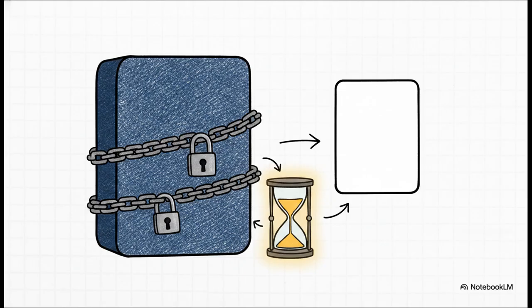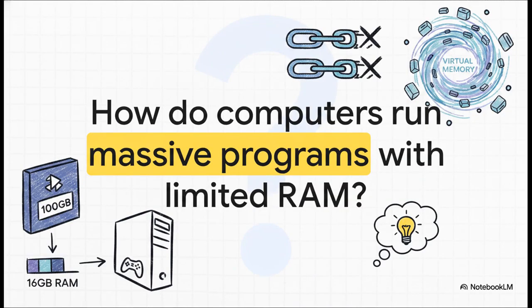These 3 rules severely restricted the maximum size of any software. A program could simply never be larger than the biggest single partition of available main memory, which leaves us with a totally fascinating puzzle to end on. If these foundational systems rigidly dictate that you can only run programs smaller than your total RAM, how does your modern computer or gaming console play a massive 100-gigabyte video game when you only have 16 gigabytes of main memory installed? The answer lies in breaking those 3 strict rules we just talked about, which open the door to modern